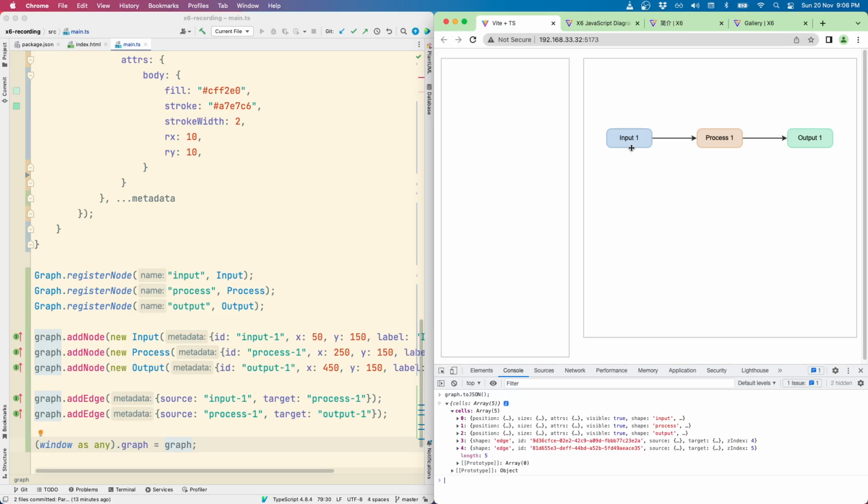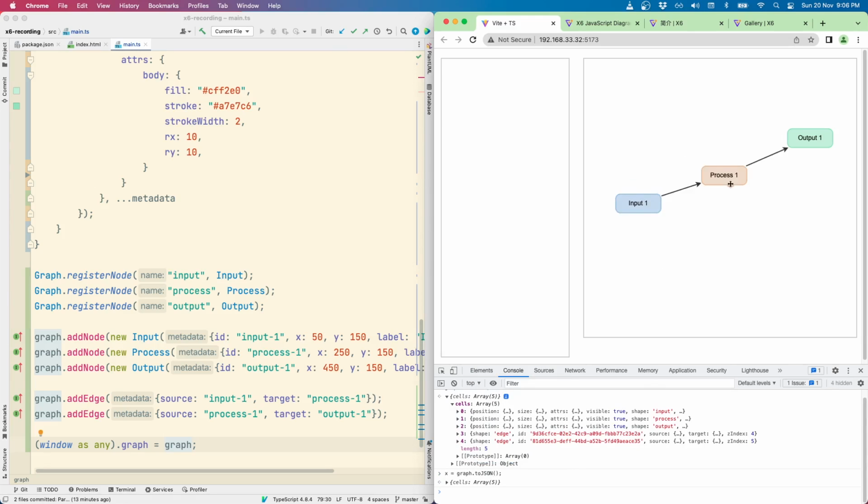Now let's save this to a variable: x is equal to graph.toJSON. Now let's change this graph a little bit. Because we've saved the previous state to a variable, we should be able to restore the graph to its previous state by using the graph.fromJSON function.